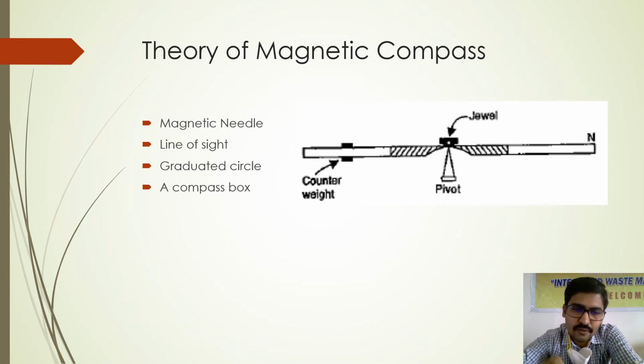So a narrow vertical opening at both the ends of the compass will help you to frame one line of sight. Most of the time the compass comes with a single line of sight or double line of sight. We will come to know where exactly we will have one single slit or two slits, right? So along with the magnetic needle, one should have even the line of sight.